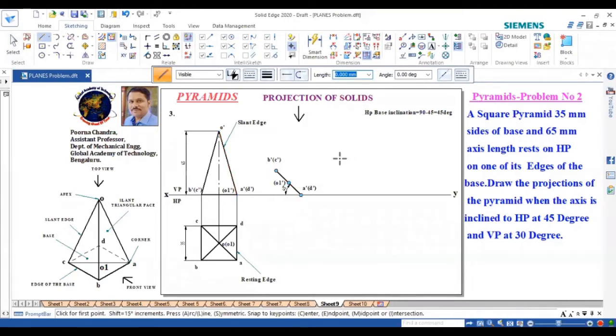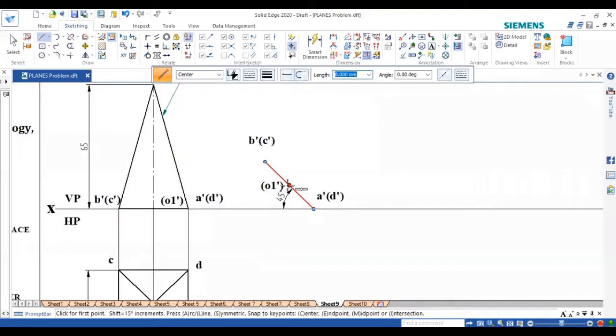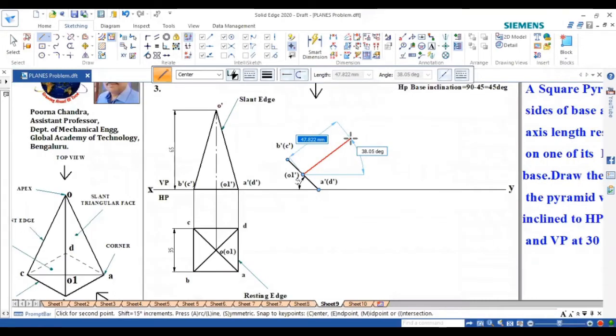That is one method. Or one more method: you can draw the center axis from the midpoint of this line. From the midpoint of this line, you can draw the center axis of length, how much? 65. And it is perpendicular to that line.